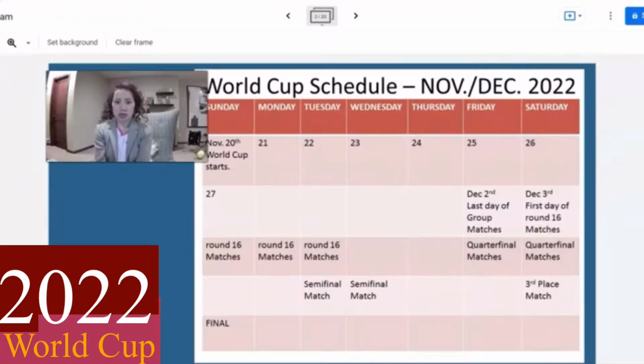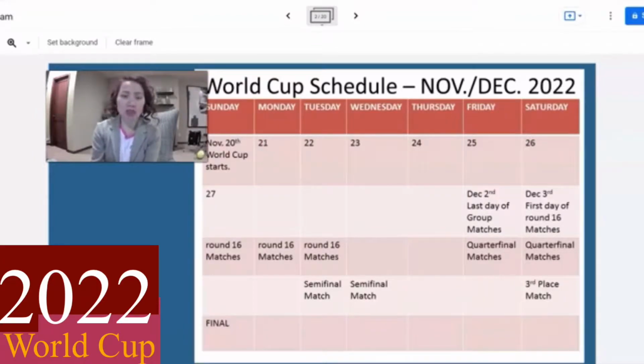And a quick look at the overview of the schedule. We can see that the first game will be on the 20th and it will be between Ecuador and Qatar. So Qatar can have the limelight all to itself for at least one day. And then starting on the 21st, we will have